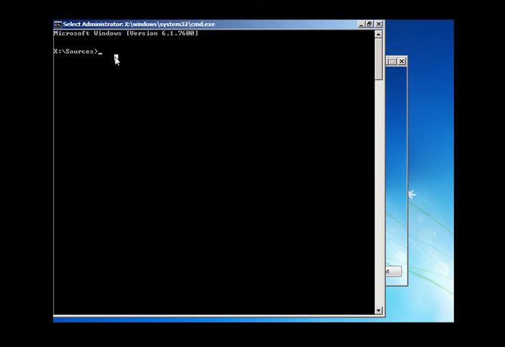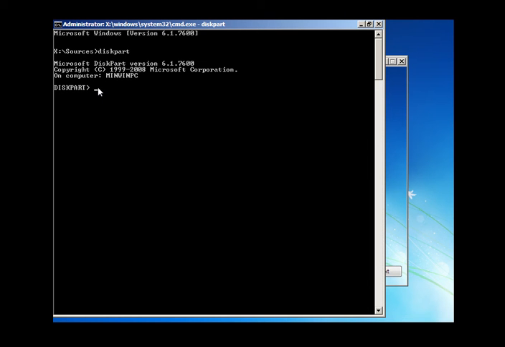Verify in which partition Windows is already installed. We can run the command diskpart. This is only for verification, to know in which partition Windows is installed, the one we want to reset the password for. Okay, we get the diskpart prompt.